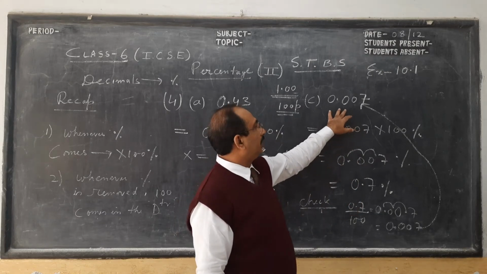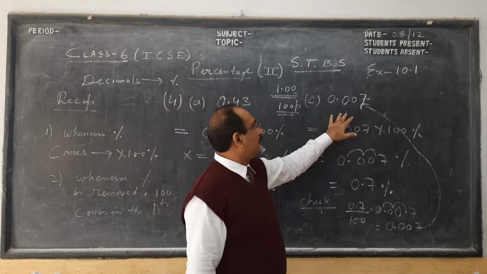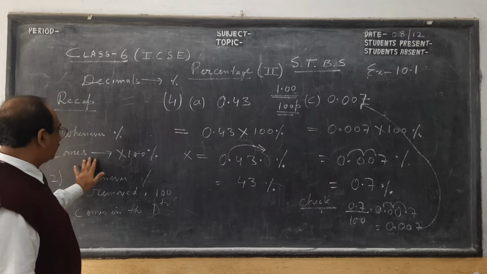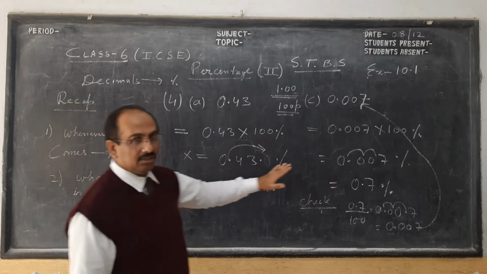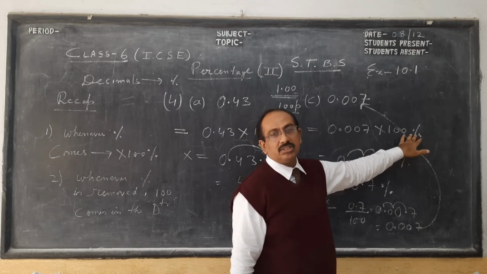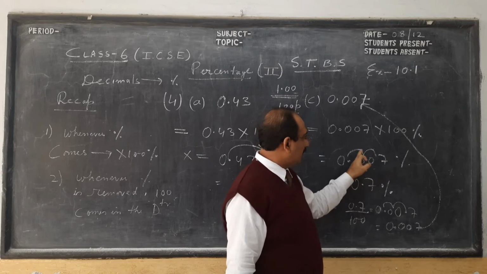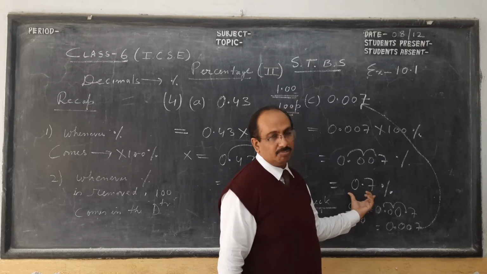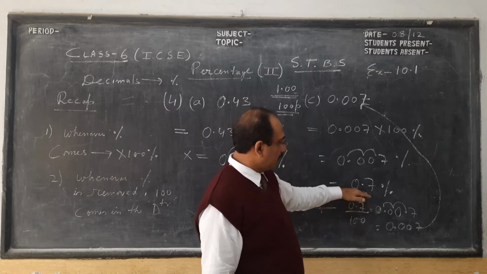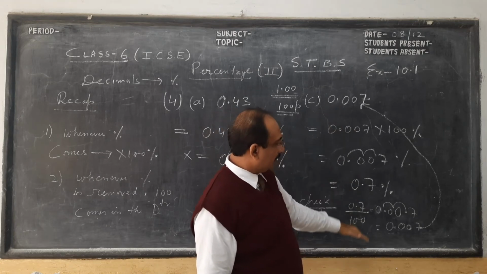Once more, we had to find this decimal, we have to convert to percent. So just we have seen, when you have to bring percent, we multiply by 100 and percent. Both the friends come together, 100 comes with percent, or you can say percent comes with 100. So when you multiply, children, decimal goes to right, we get 0.7%. And which I told you, if you want to check whether we are right or not, you remove percent and you see you get back the same answer. So we bring percent, we can remove percent.